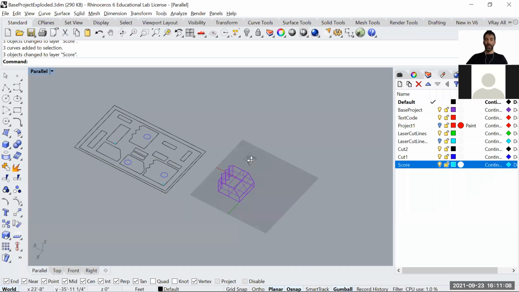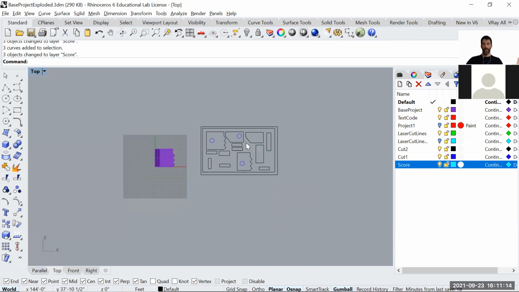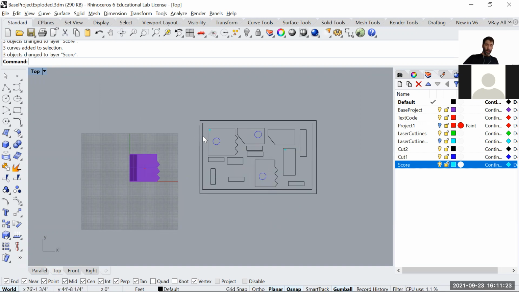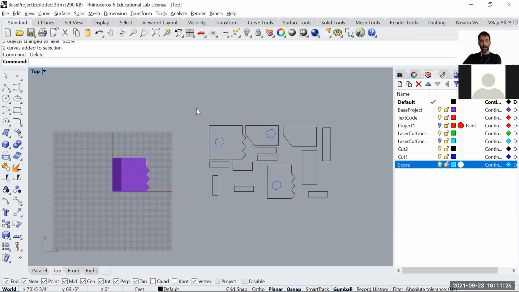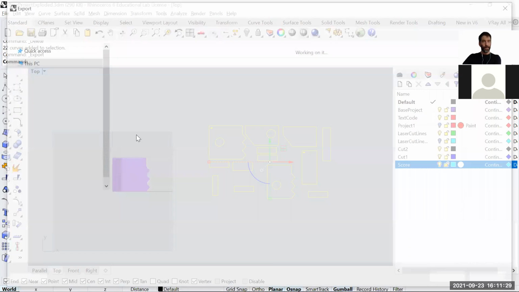code. So obviously, this is part of the laser cutting project, but also it's important. Many of the templates that you're given are actually in DWG in AutoCAD, and you know AutoCAD very well. So imagine you have a template in AutoCAD. You can send these guys by export selected